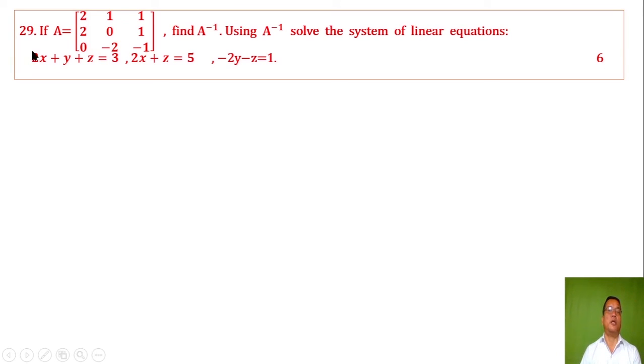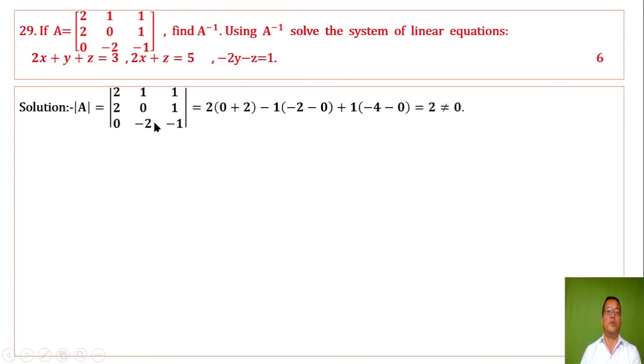Question number 29. If A equals this 3 by 3 matrix, find A inverse. Using A inverse, solve the system of linear equations. 6 marks. Determinant of A equals 2, which does not equal 0. Therefore, A inverse exists. Also, the cofactor of the first element 2 is denoted by A11, whose value is